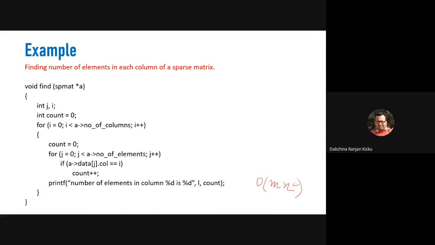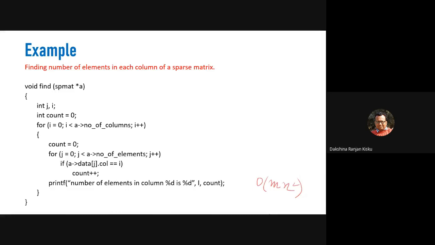So how many comparisons are made? If we consider p is the number of non-zero elements in the sparse matrix, and the dimension of the sparse matrix is m by n, what will be the time complexity then?